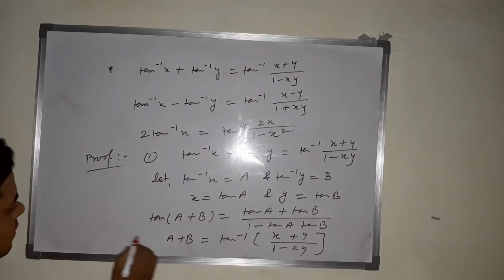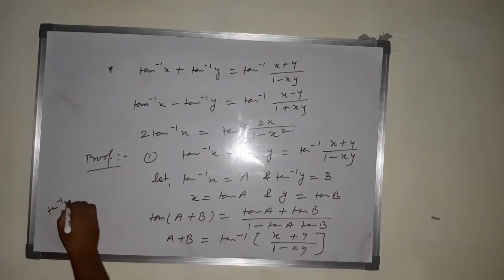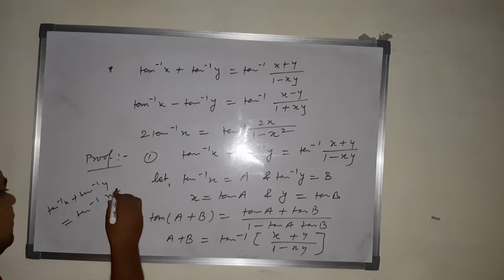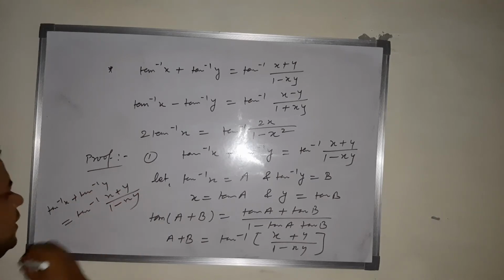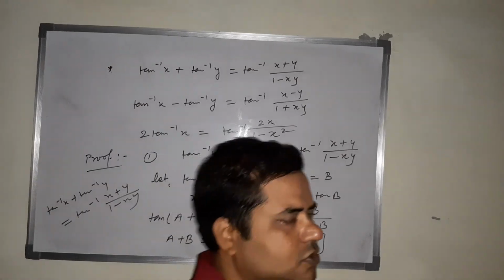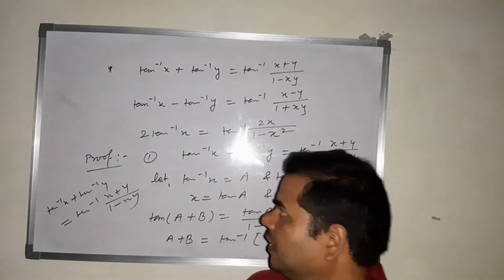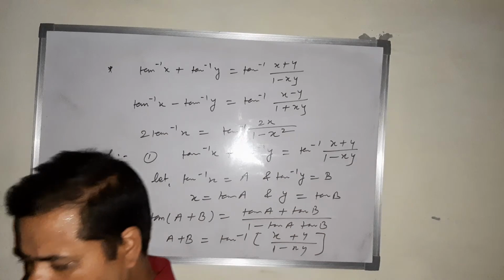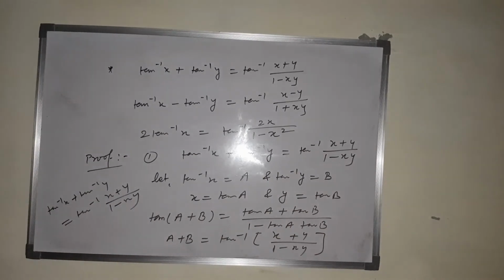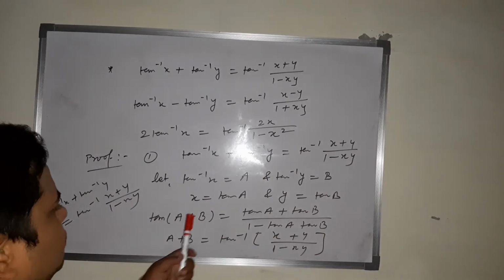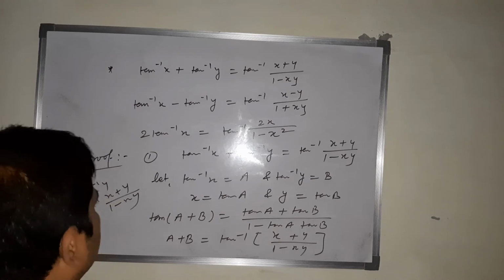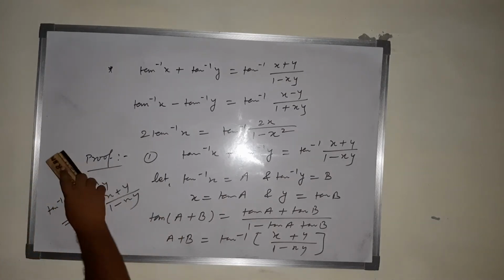And A is what? You know very well, tan inverse x plus tan inverse y. So this is tan inverse of (x plus y) upon (1 minus xy). So this is the proof of the first one. Similarly, the second and third. The second is the same: use only tan(A minus B) and you get the solution. So, third one,